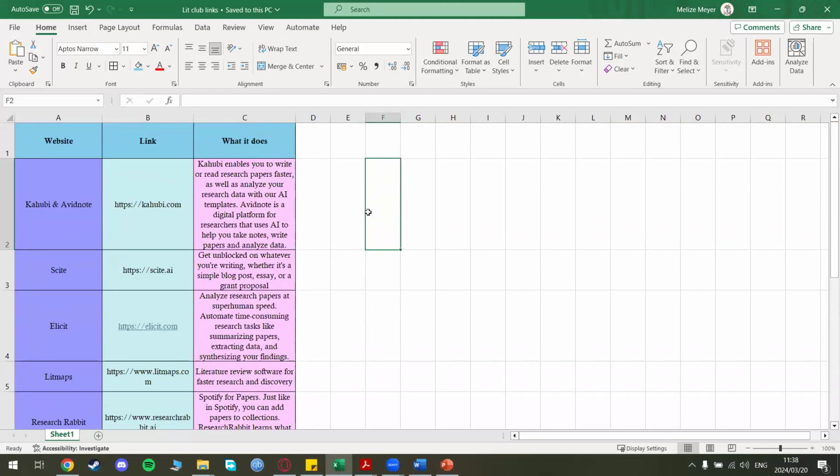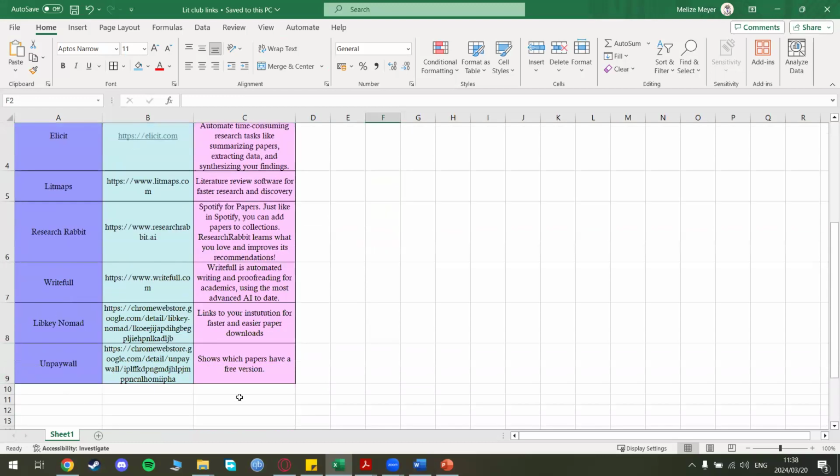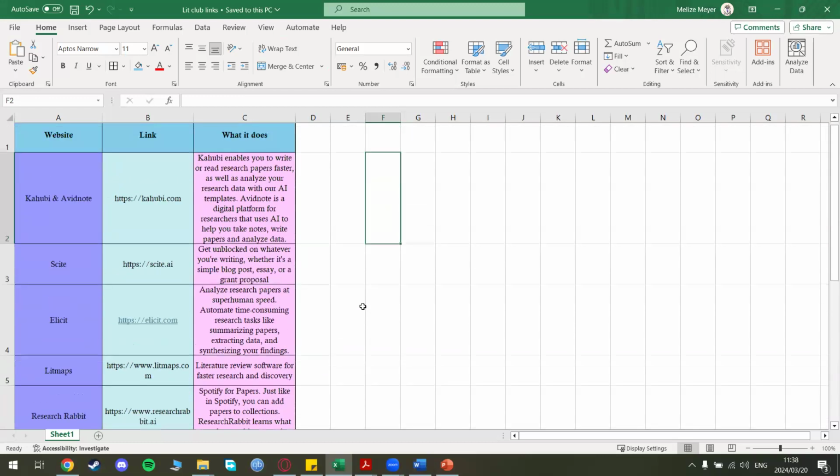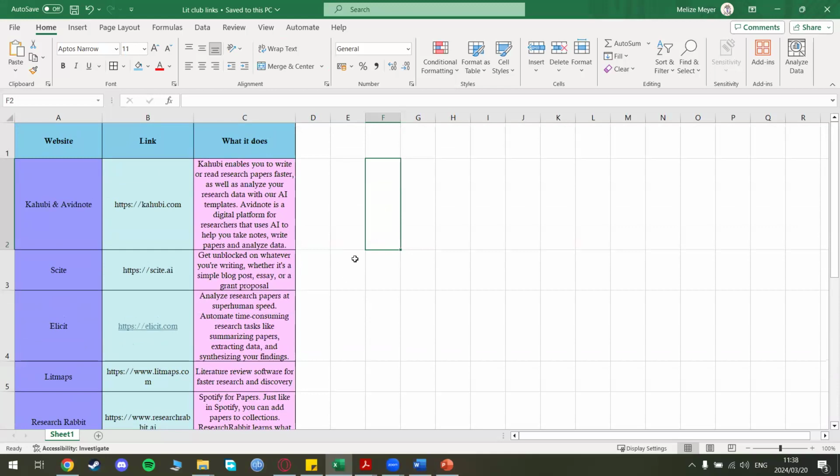Then if they find any AI in the future that they're using, they can add it, and we can all benefit from it. So I made this. We can maybe make it available for everybody to use.